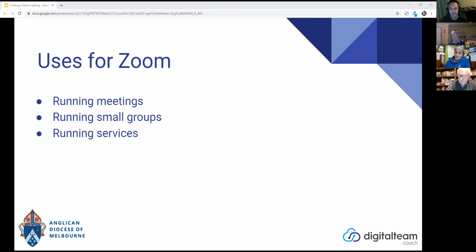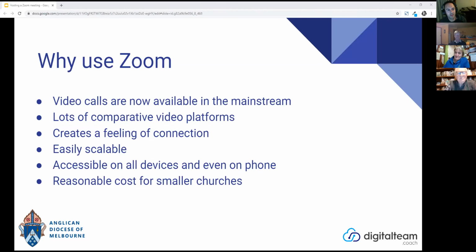And if any time in history, what an amazing time to be isolated yet be able to connect in this way. Yeah. So I'll quickly discuss, why should we use Zoom? Because there are lots of video platforms, and each has different benefits, pros and cons, different price points, preferences, different limitations,